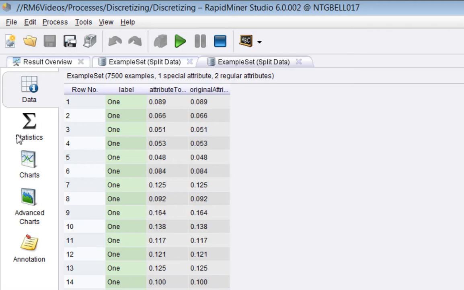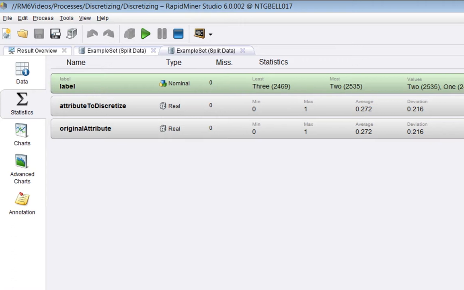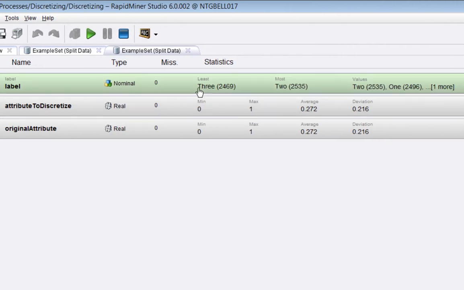If I go to the statistics view, there's one attribute which I'm going to call original attribute, which is a copy of an attribute called attribute to discretize. You'll see that both these attributes are in the range 0 to 1. In addition, there's a label which has three values, 1, 2 or 3, and there's approximately 2,500 examples for each